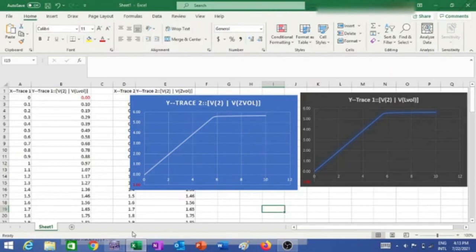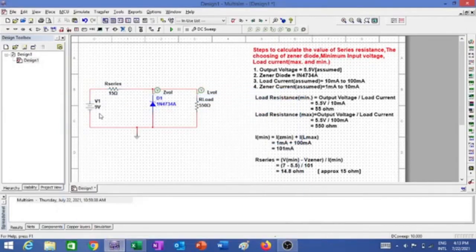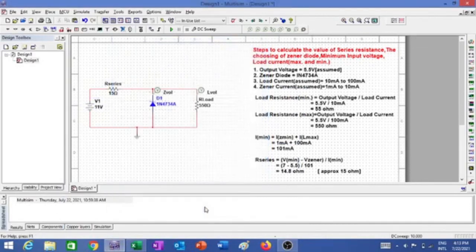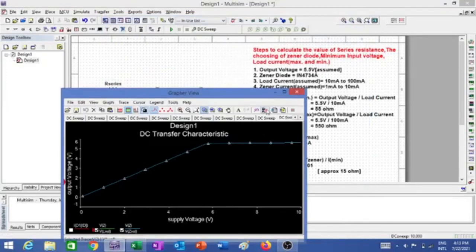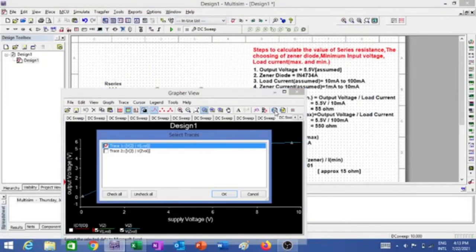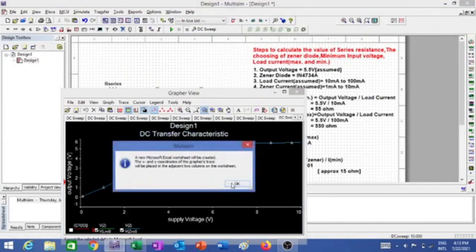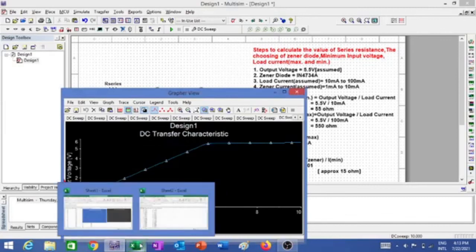Okay, now the next thing I'm going to do is change the voltage from 9 to 11 volt. Keeping the load constant, again we'll go for the DC sweep. I'm running it, and I got a graph. It is exactly the same. Still, I was checking the Excel sheet whether I'm getting things fine or not. Well, I got the Excel values also.